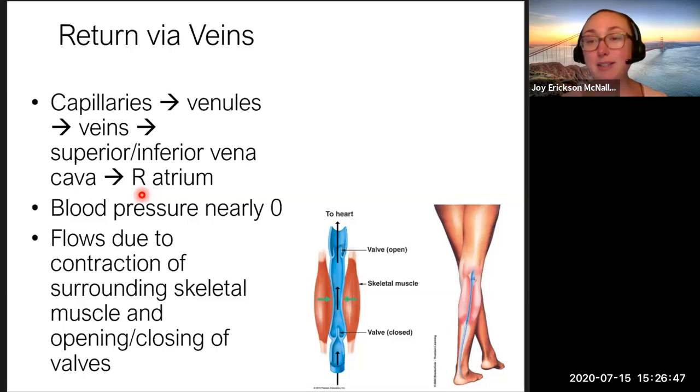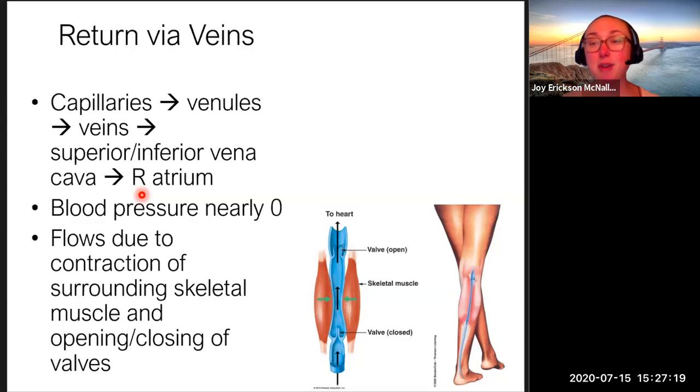After the capillaries, the blood pressure originating from the pumping of the left side of your heart is nearly 0. So despite this fact, like, why doesn't the blood just pool at your feet, right? How does your blood get back up against gravity towards your heart? So blood still moves through the blood vessels due to contractions of surrounding skeletal muscles. So your heart isn't the only thing really pumping blood. It gets it going, it gets it to your upper body and to your lower body, but to get it back to your heart, we have your skeletal muscles.